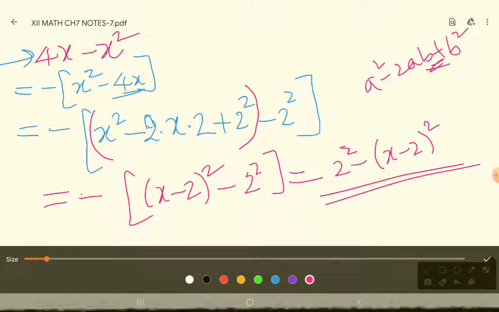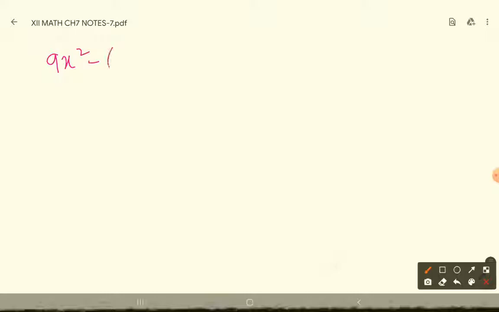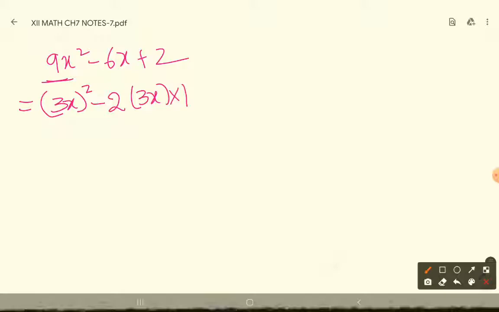Now, a pure quadratic: there is no middle term here. This is in the form of a square minus x square format, like that, one of the formats to be converted. Now the question, if it is like this, 9x square minus 6x plus 2, you write this 9x square as 3x whole square minus 2 into 3x, because 2ab, 2 3s are 6x, already got it. So plus 1 square minus 1 square plus 2, then you get (3x minus 1) whole square, because